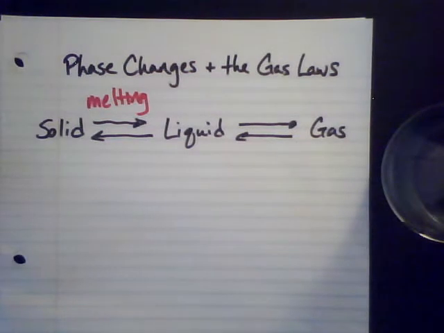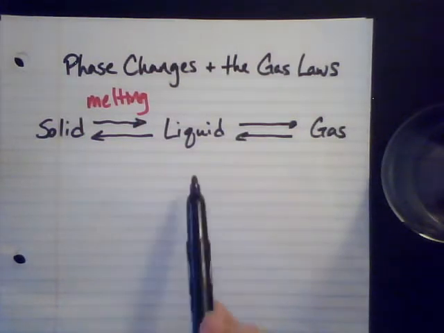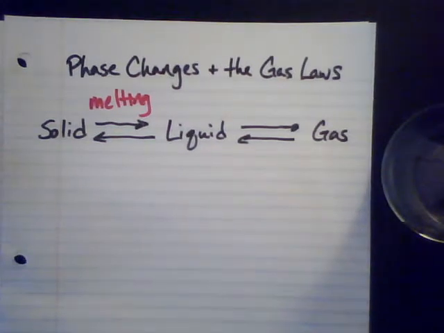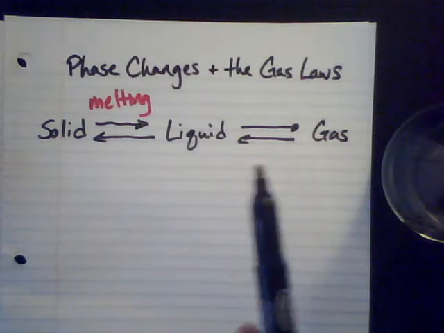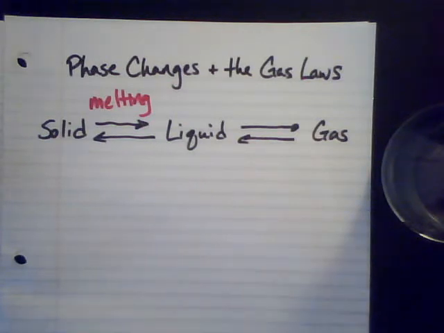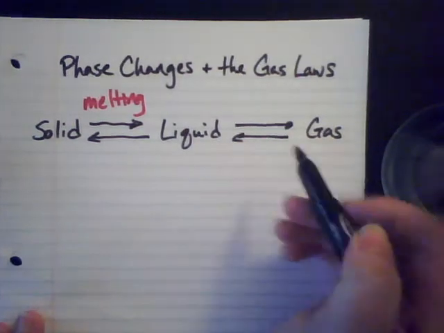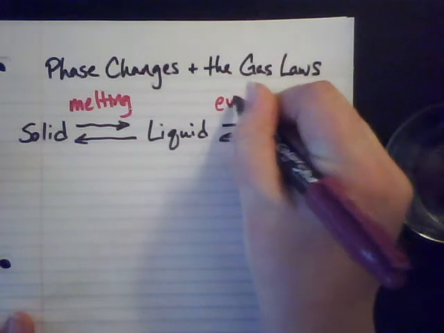I like to think about phase changes with water because we already know the terms for that. That's already a familiar thing for us. So we have this liquid now, whether it's water or whatever else, and the particles of a liquid, we said, are a little more free-flowing. They can move past each other. They have a little more freedom to move around than solids. And if you increase the temperature from there and go from a liquid to a gas, we call that evaporating.